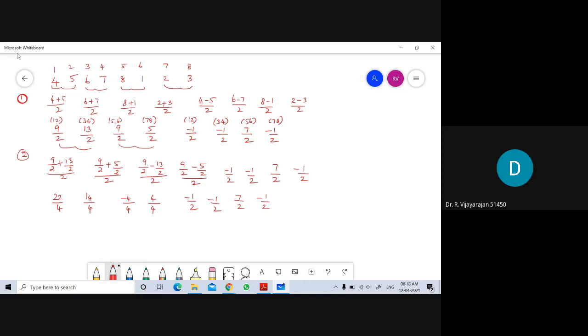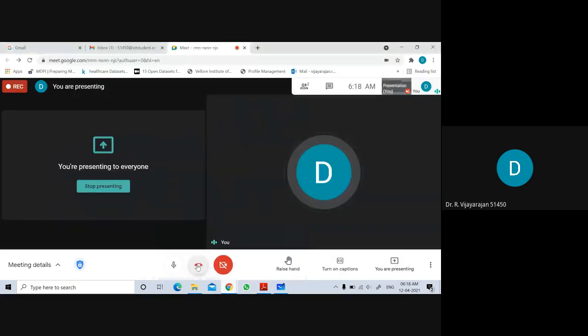As I told you, write the index here. This is the combination of 1, 2, 3, 4. This is the combination of 5, 6, 7, 8. This is once again the difference value from 1 to 3, 4, and the difference of 5, 6, 7, 8. This is 1, 2, 3, 4, 5, 6, 7, 8. So the second level is over, then we need to go to the third level.